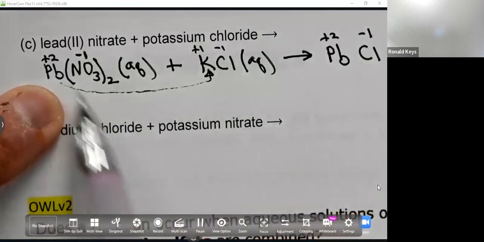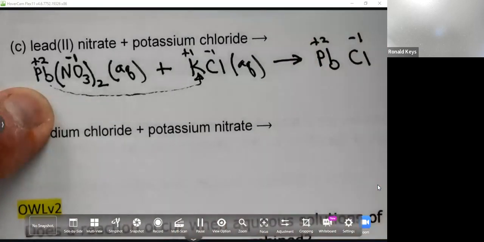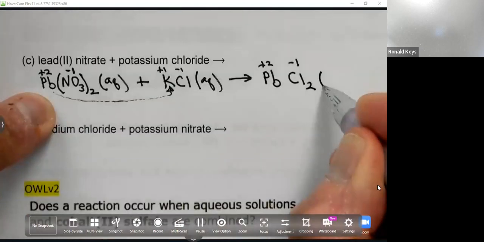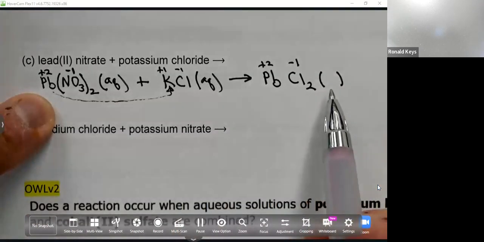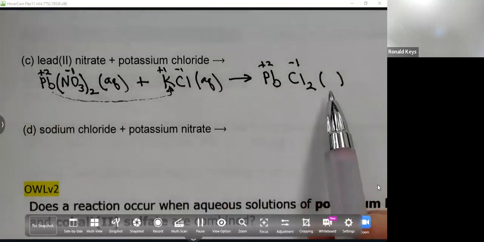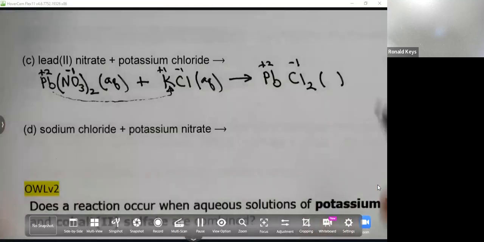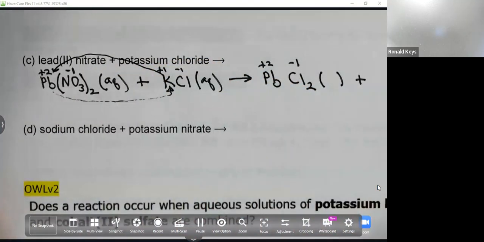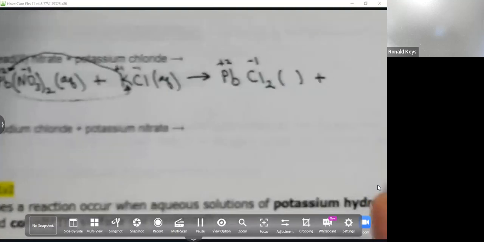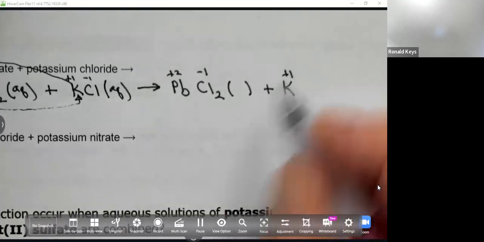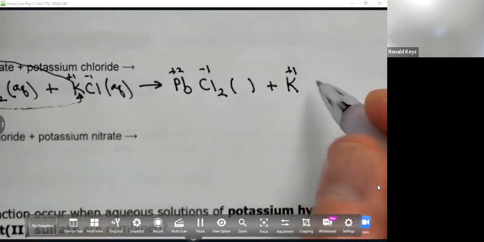So lead is with the chloride now. So we're going to need PbCl2. Let's leave that blank. We don't know for sure if it's aqueous because it's not a sodium, potassium, lithium nitrate, right? So let's just leave it blank. And then potassium takes the place of lead. So we're going to end up with K plus 1, NO3